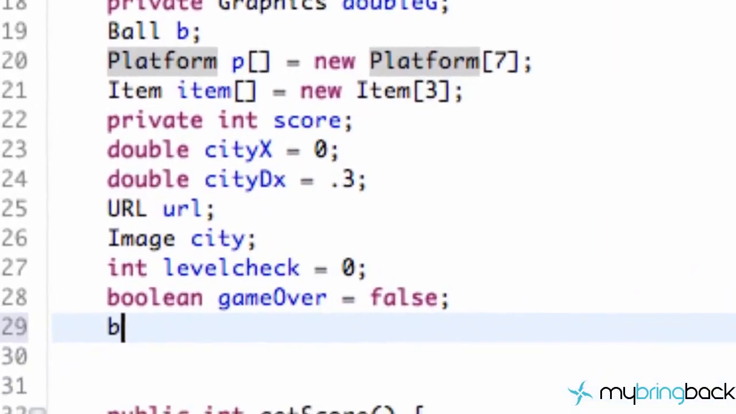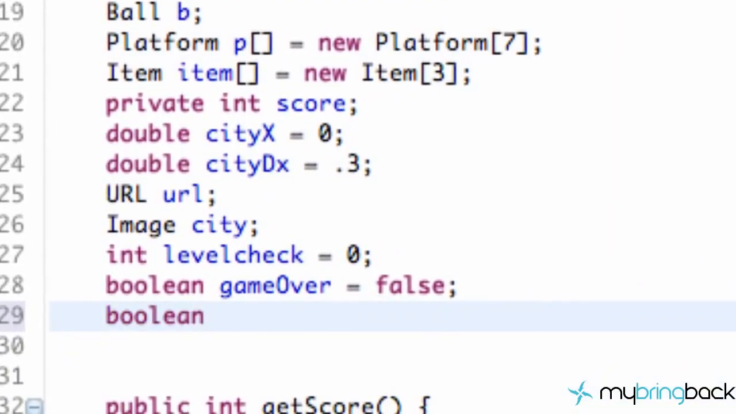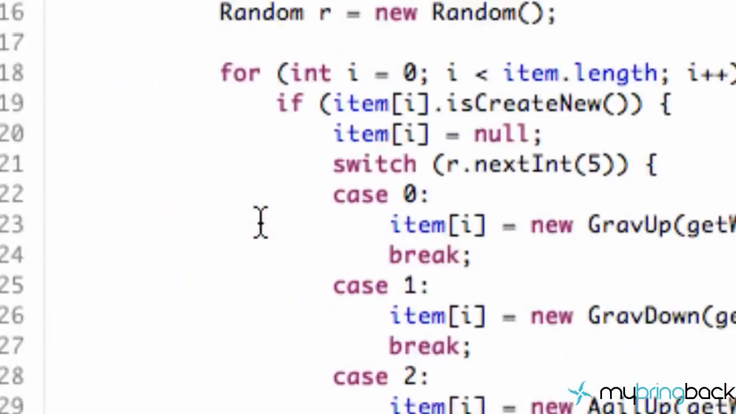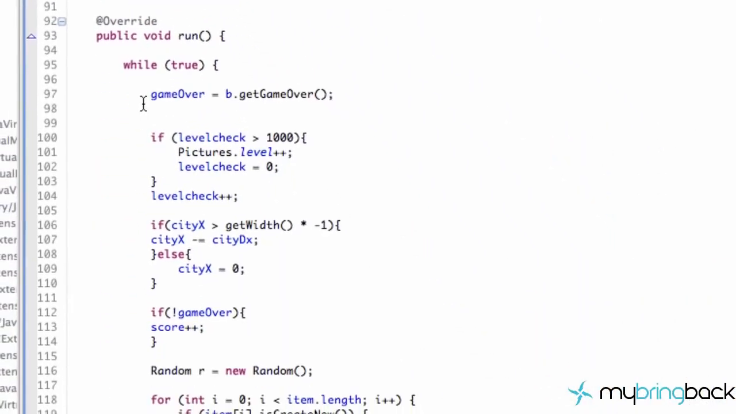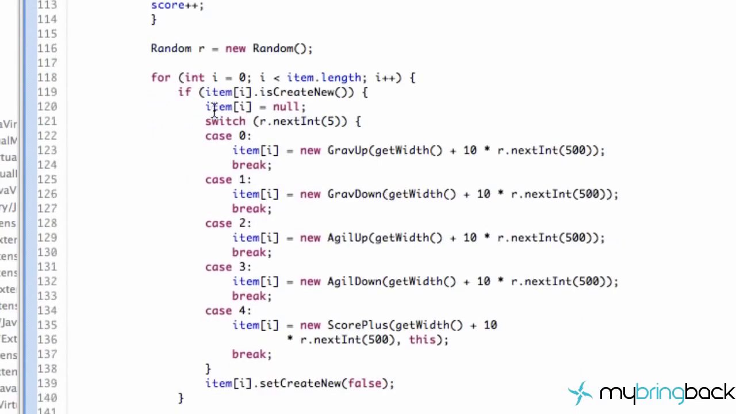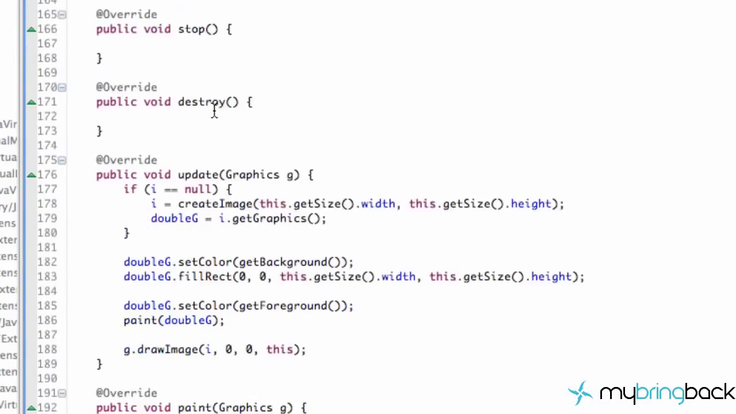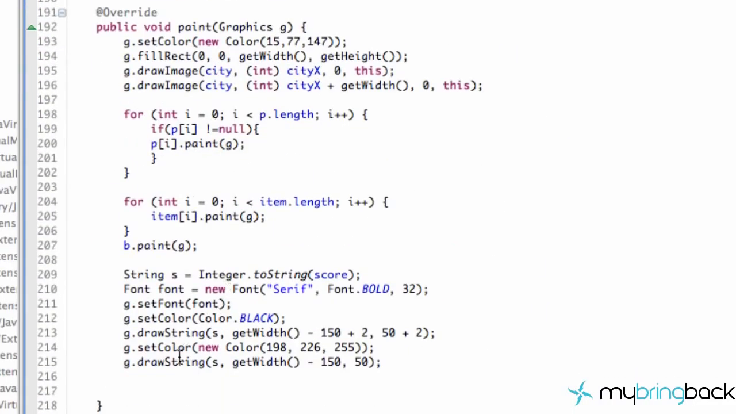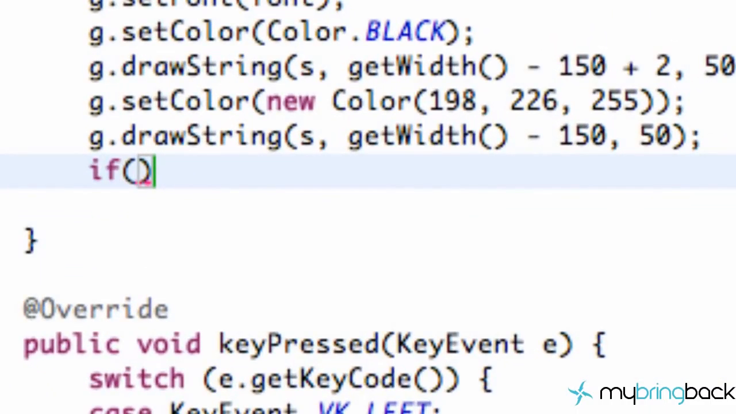So let's get into today's tutorial. We're just going to create a quick new Boolean value where we're going to say mouse in. This is going to be set to false to start out with. Then we're going to go down to our paint method, because again here we're setting our game over to be whatever the ball's game over method is returning. Right at the very end, we're going to say if game over,